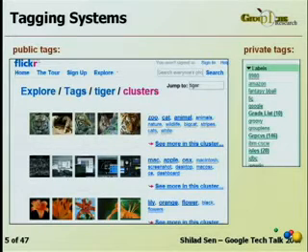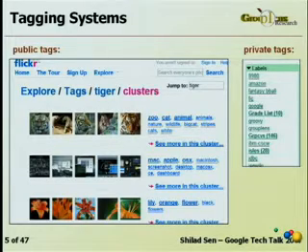So here's a website, Flickr, which you've seen an example of already. And here's a tag search for the tag tiger. And this is actually kind of a cool result page. Flickr groups together different senses of the same word, tiger. So you can see results that have to do with tiger the animal, results that have to do with tiger the operating system, results that have to do with tiger the flower. So it's kind of a cool example.